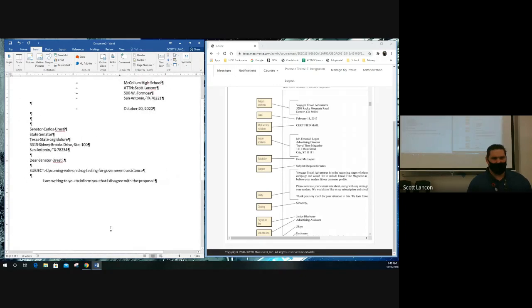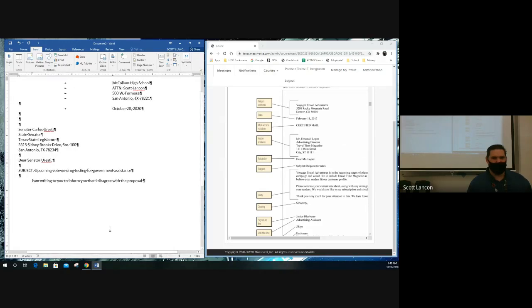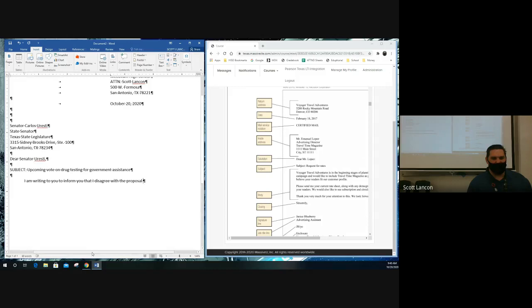You may not be able to see my writing too well, but that's okay. My opinion here is not what matters. My typing of what I want to show is. Okay, I'm writing to inform you that I disagree with the proposal or the proposed